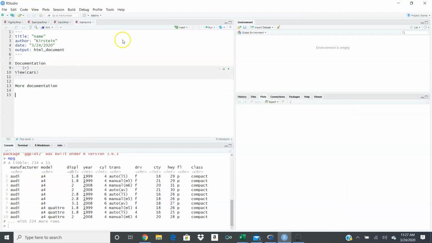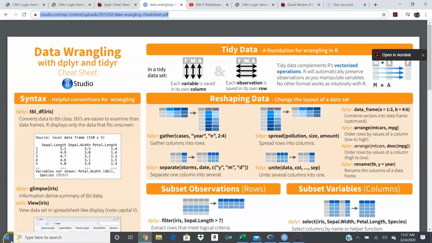Okay. So R Markdown is how we're going to send files to me if you're working in the R track. If you're working in the Python track, there is a whole other thing that you need to do in order to